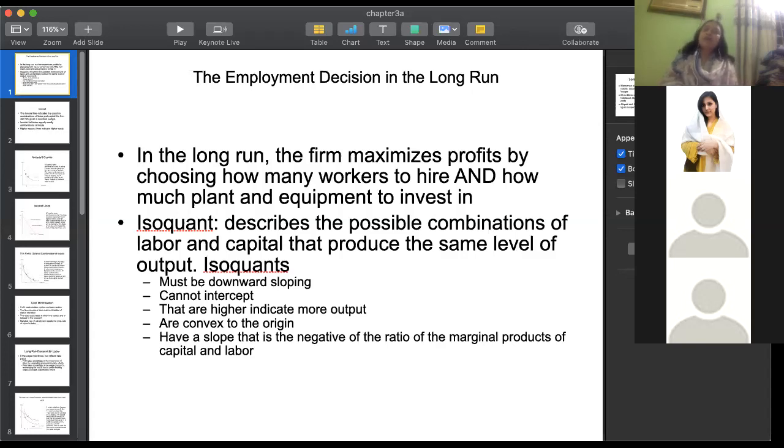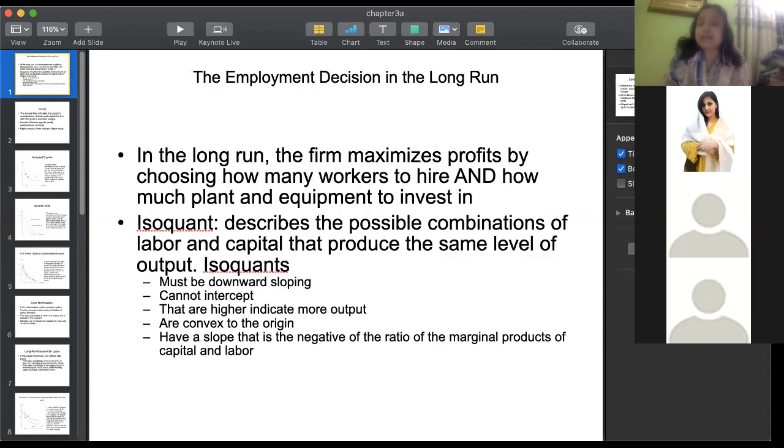So in the long run, remember how did we get the short run labor demand curve? We maximize the firm's profit subject to the optimal number of workers being hired. So we analyzed at the margin and figured out what's the extra benefit of hiring an extra worker, and compared that benefit with the extra cost of hiring that worker, and the firm optimized when marginal revenue benefit gain from that worker is equal to marginal factor cost, right? That gave us the short run labor demand.